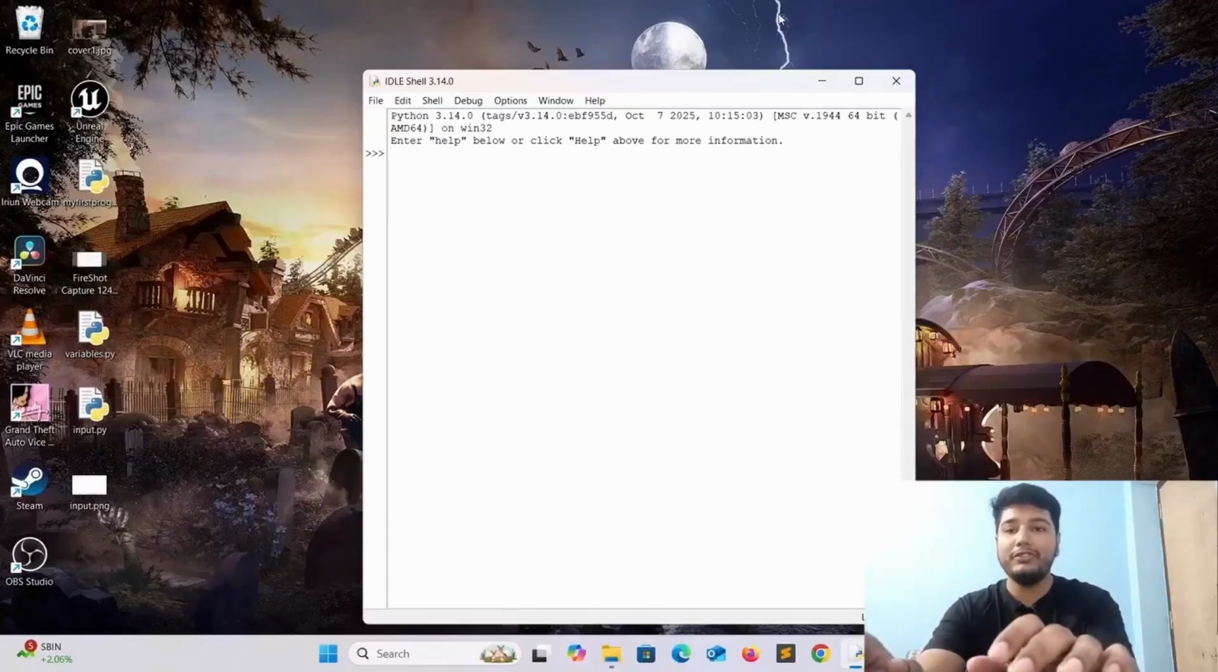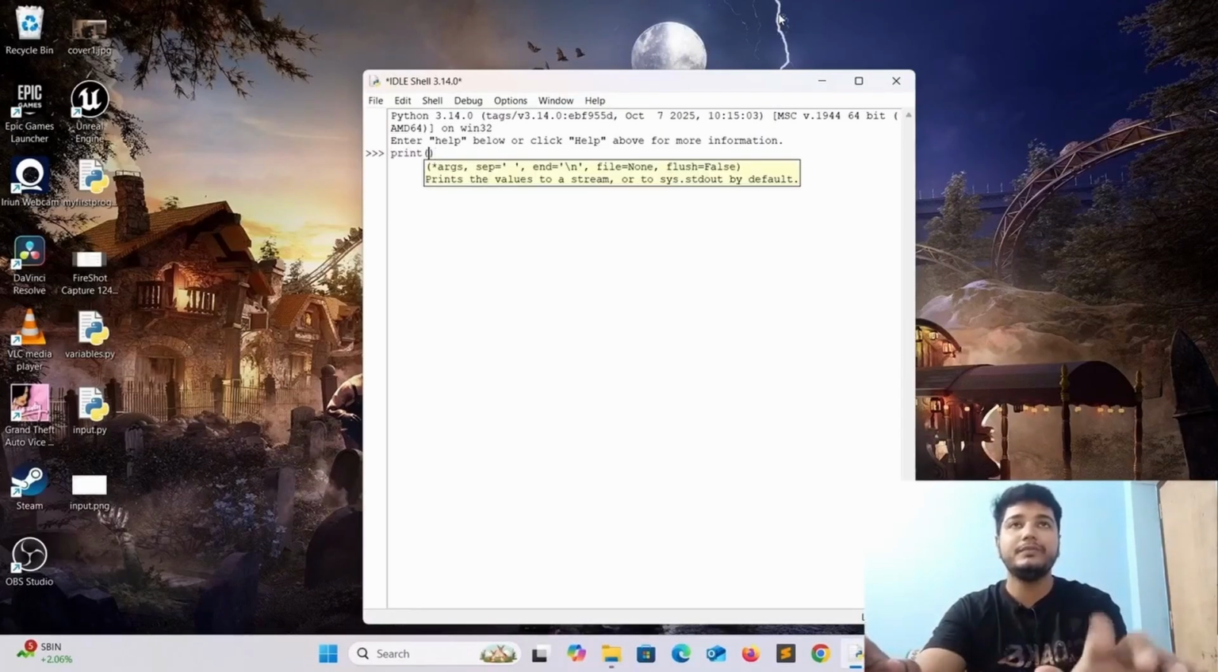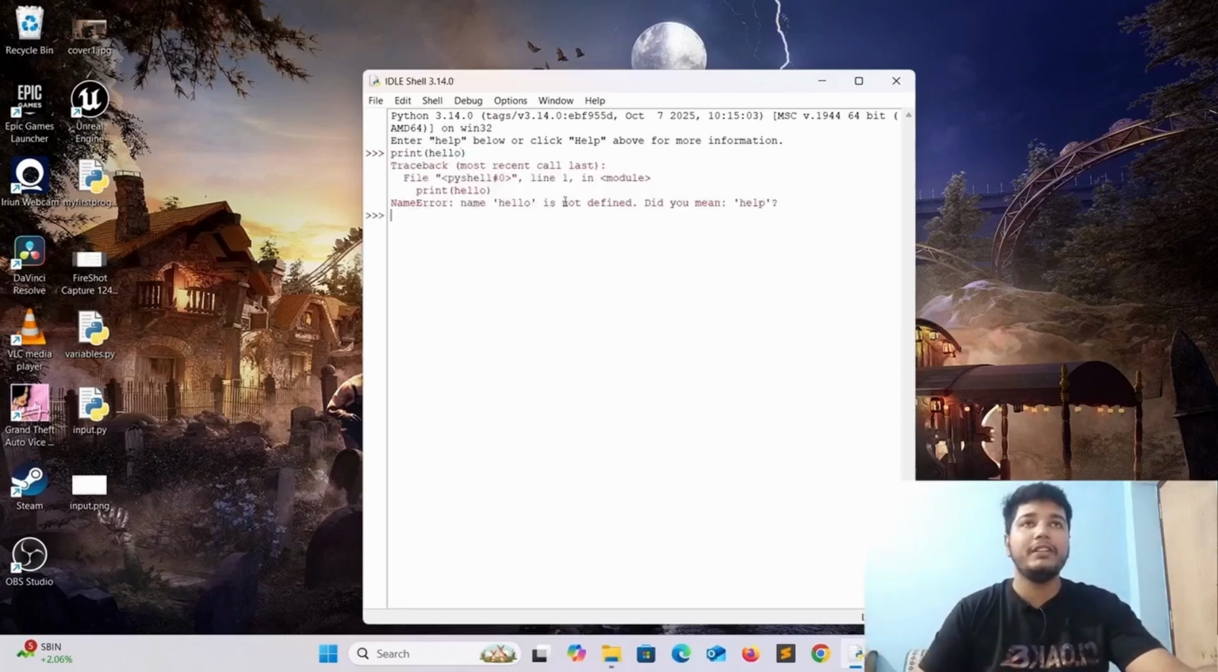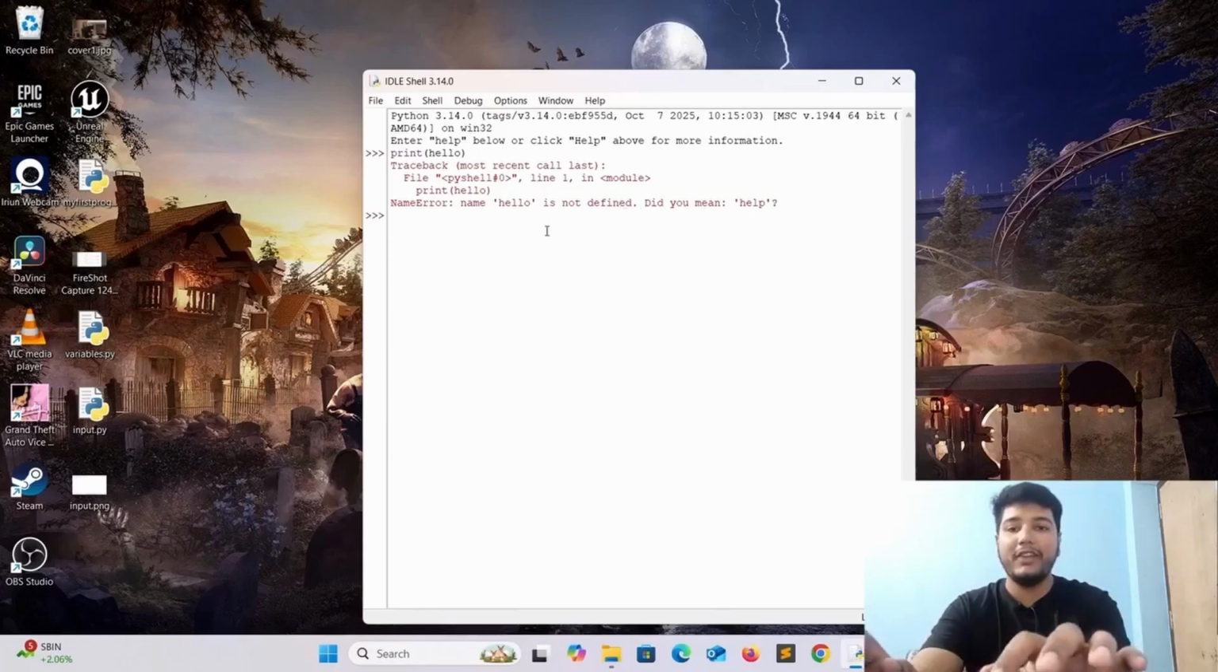So why do we use a string? Can we not write like this? Print hello. Name hello is not defined. So it is looking for the variable hello. What do I mean? So let's define a variable named hello, and it contains a string which will be my name, Pratik. Now we will print